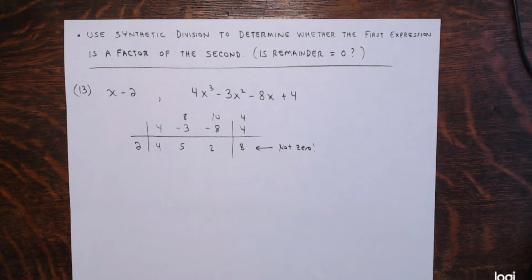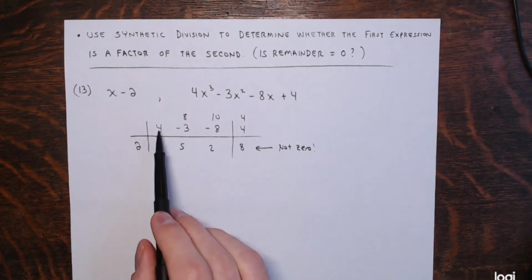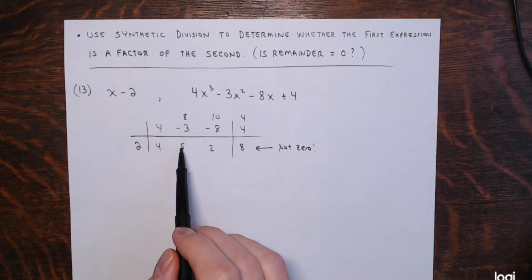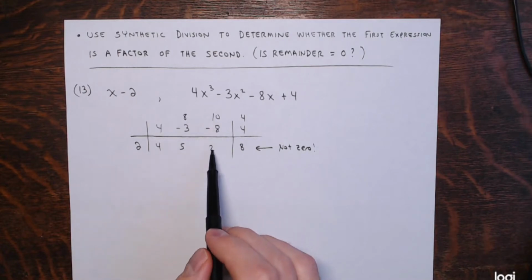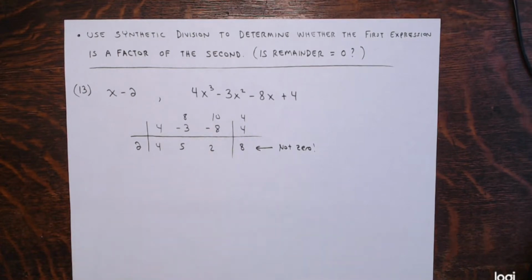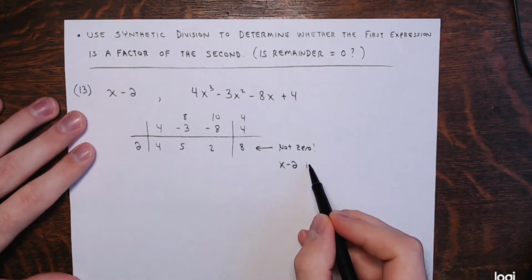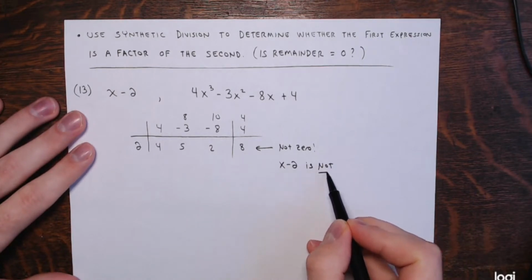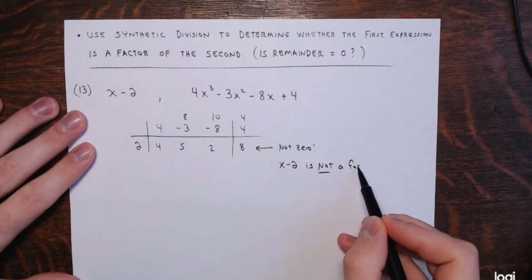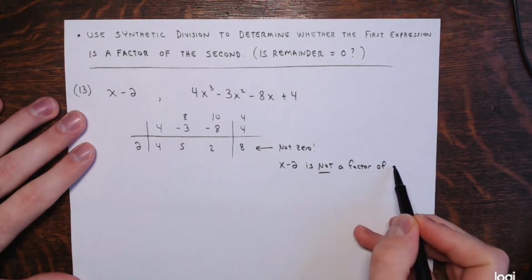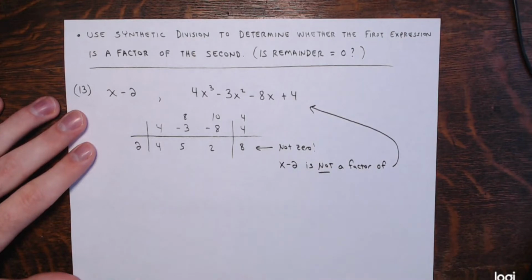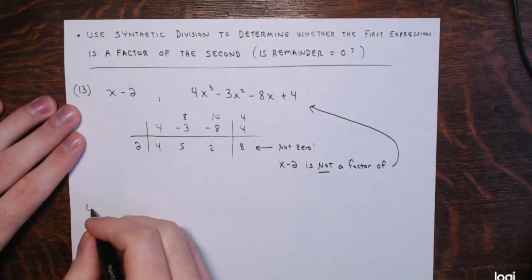Okay, just double checking my work here. 4 and then 8 plus negative 3 is 5, 10 plus negative 8 is 2, 4 plus 4 is 8. Okay. Not 0, meaning that x minus 2 is not a factor of that polynomial. Right. And if you want to write it the way we've been writing things, 4x cubed minus